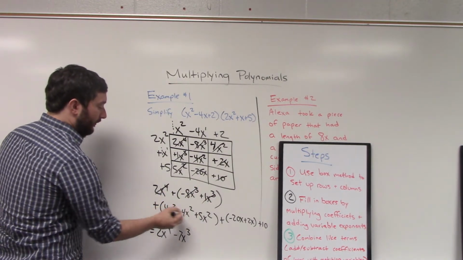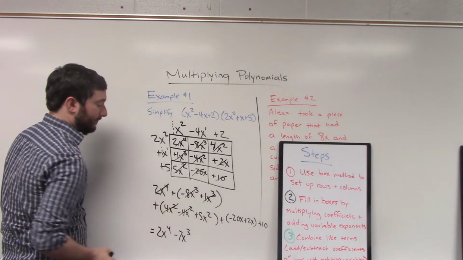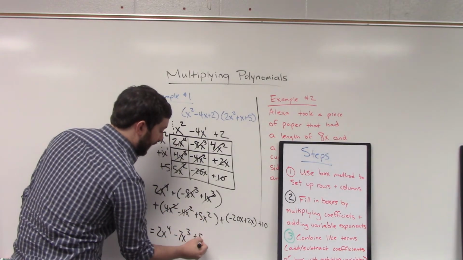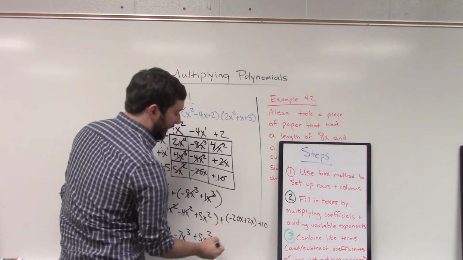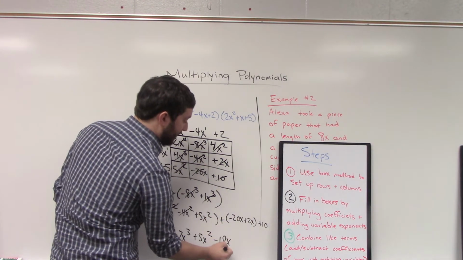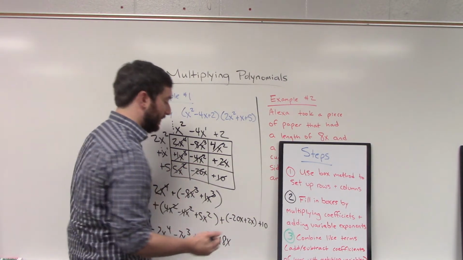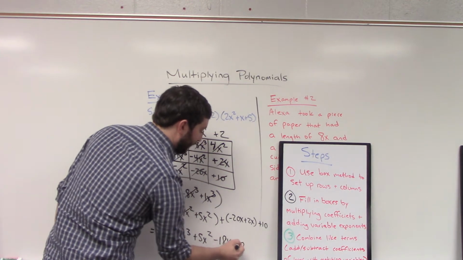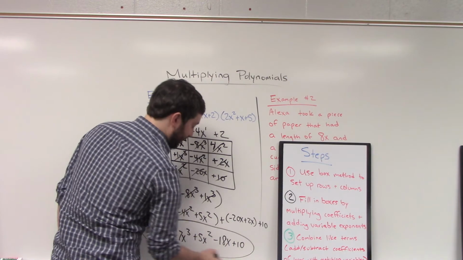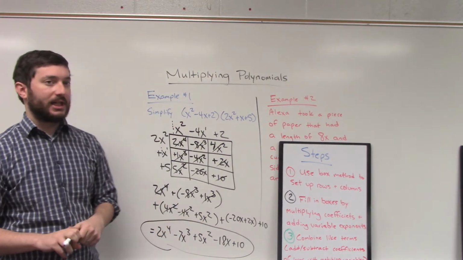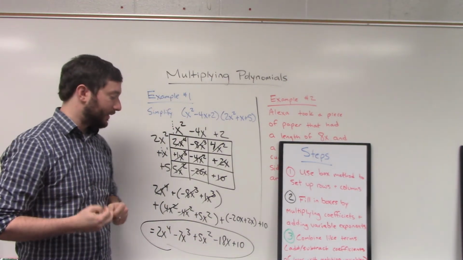Okay. 4 minus 4 will actually cancel out, and that leaves us with 5x squared. Negative 20, positive 2 gives you a negative 18x. Be careful, always double check your answers, especially using some form of technology such as a calculator. And because our answer is written in standard form, highest to lowest exponent, this is actually the answer to our